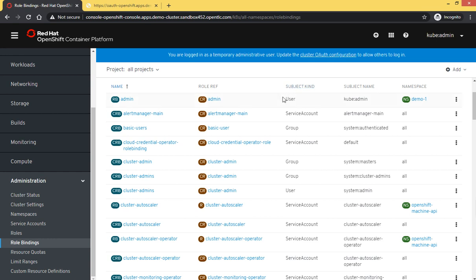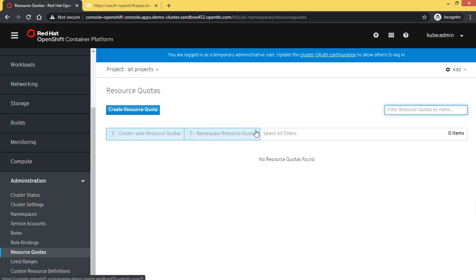Like this is for a user, this is for a service account, this is for a group, showing which permission goes to which user: this is for kube admin, this is alertmanager-main, system:authenticated, default, and all those permissions. Then we have resource quotas.